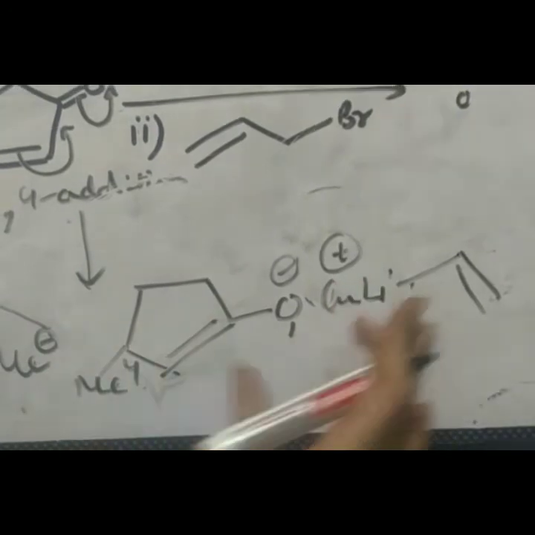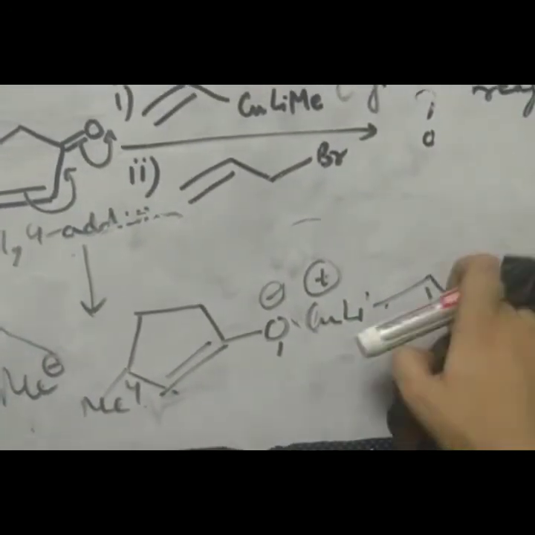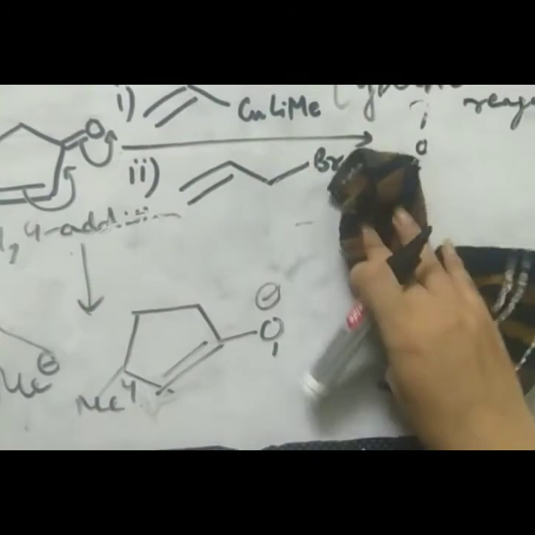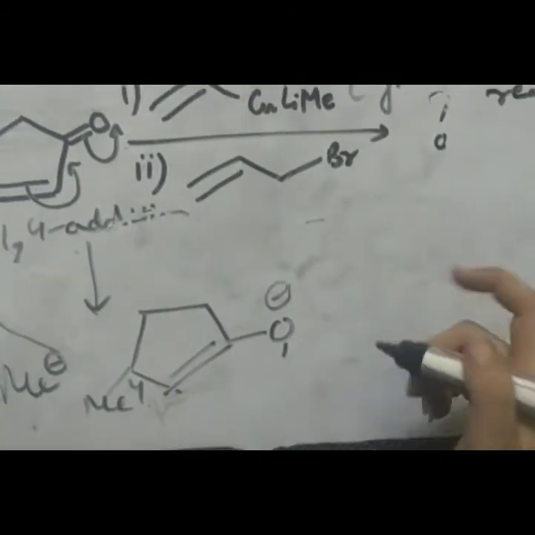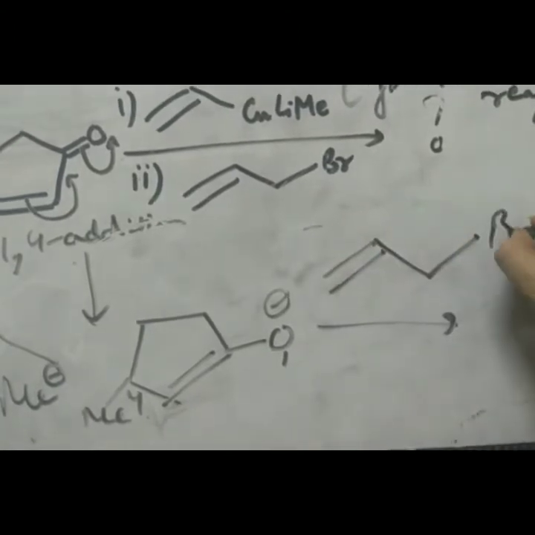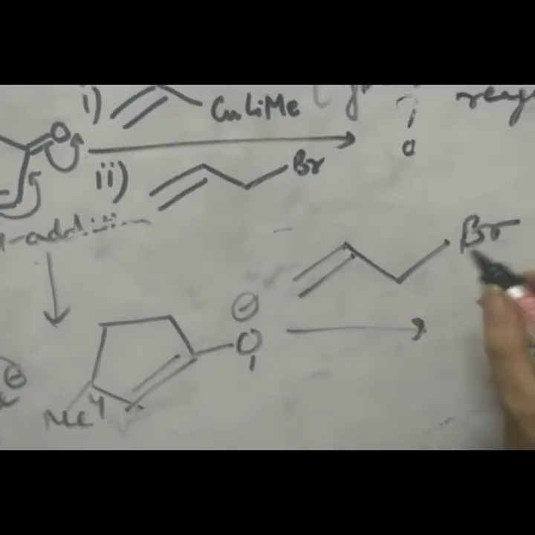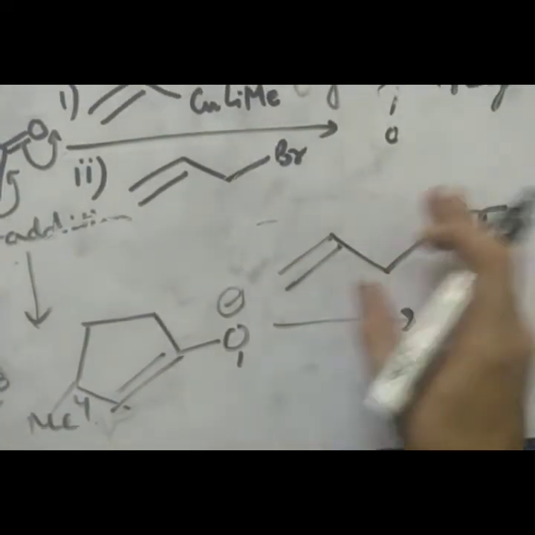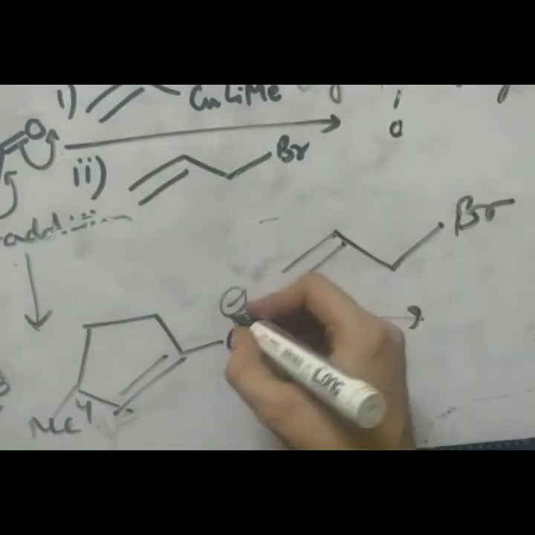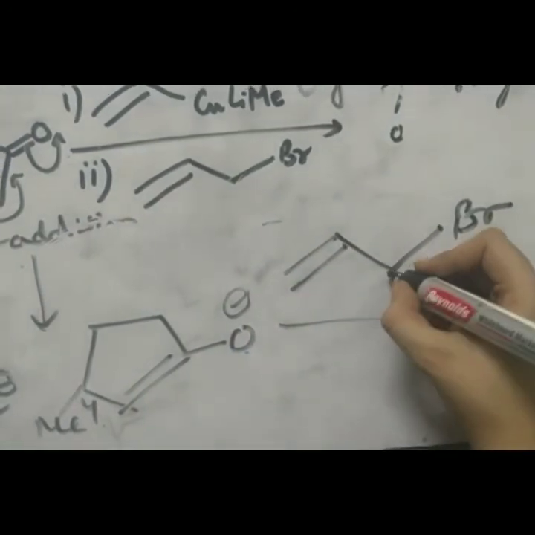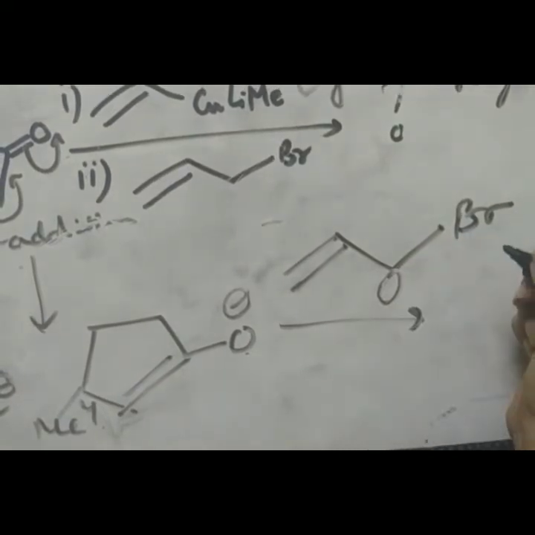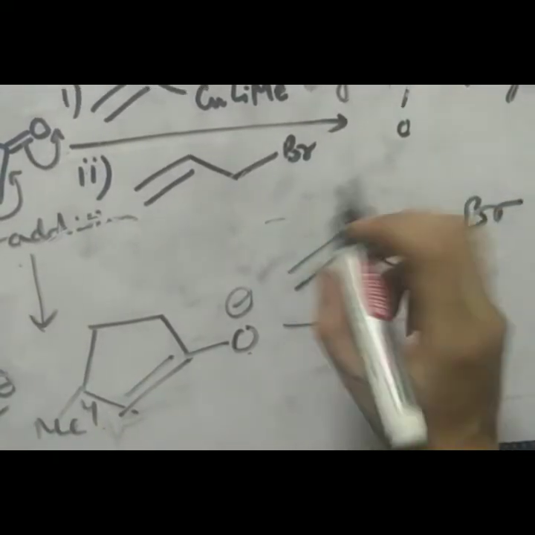So see, you can see that the fourth position and the first position have got something added on them, so hence it is 1,4 addition, also known as Michael addition. So simply I'm just erasing this, I'm showing that O negative is here. Now see what will happen, we are adding this, and here we have Br, which is a good leaving group, so the nucleophile can attack here. Now the question arises, where will it attack? Here in sigma antibonding or pi antibonding.